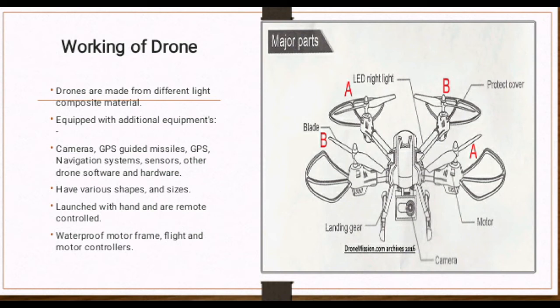Though there are different variations in the frame and construction of drones, the essential components that every drone must have are a waterproof motor frame, flight and motor controllers, motors, transmitters and receivers, propellers, and a battery or any other source of energy. Yes, these small aircraft are able to pack a lot of accessories into their metal or plastic frames. Most drones are ready to fly upon purchase.